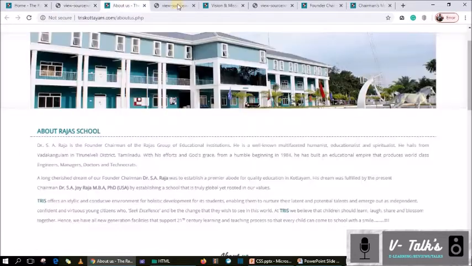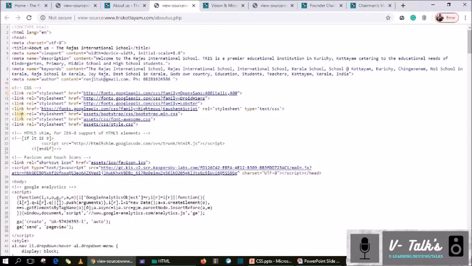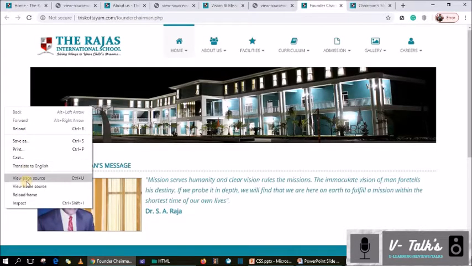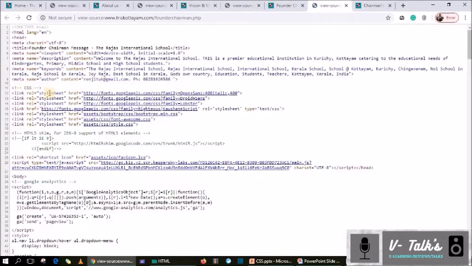And if you take the next page, the same about us page, and choose the view page source option, you can see the same style sheets are connected here. That means whatever styles are applicable in the style sheet are also applicable in this page now. So the same style sheets can be applied in different pages. Here the page source of vision and mission has the same style sheets, you can see. And founder chairman's message, view page source. Here also you can see the same style sheets.